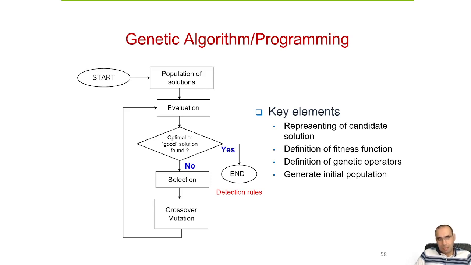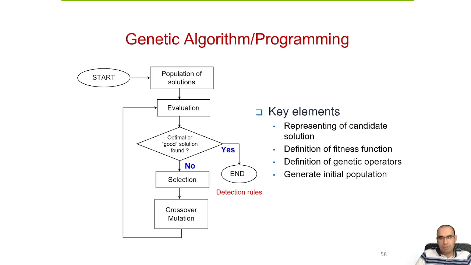To adapt a genetic algorithm, we need some key elements to be defined for any problem, like the solution representation or solution encoding, the definition of the fitness function, and also the definition of genetic operators such as the crossover and the mutation. And also we need to properly generate our initial population to be evolved to converge